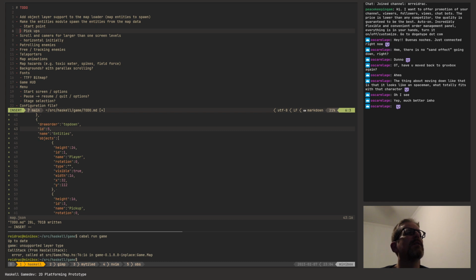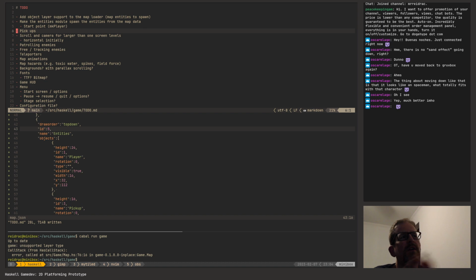In reality this should be like this. So start point is make player, and pickups, well no, pickups is going to be more work, because for the player I have the entity already done, right? But in the case of the pickups, I need to implement the entities as well,